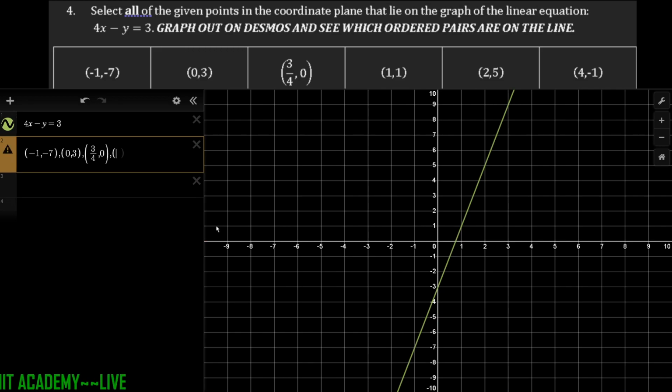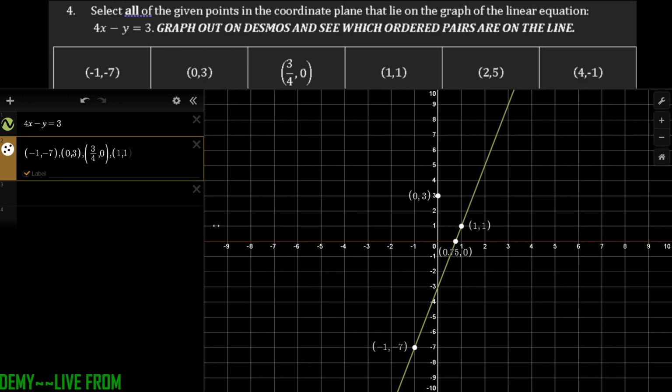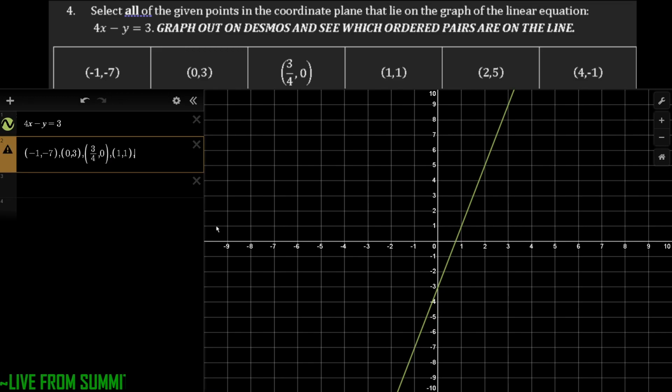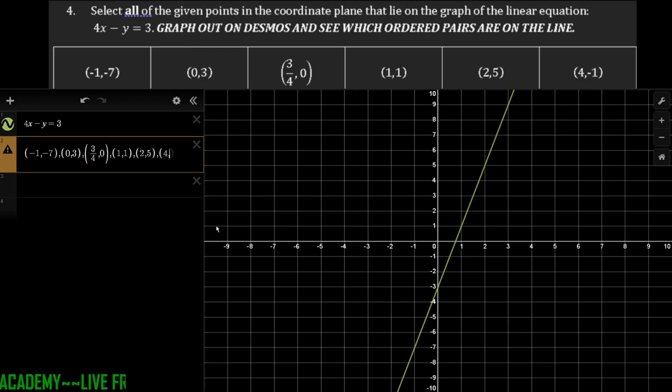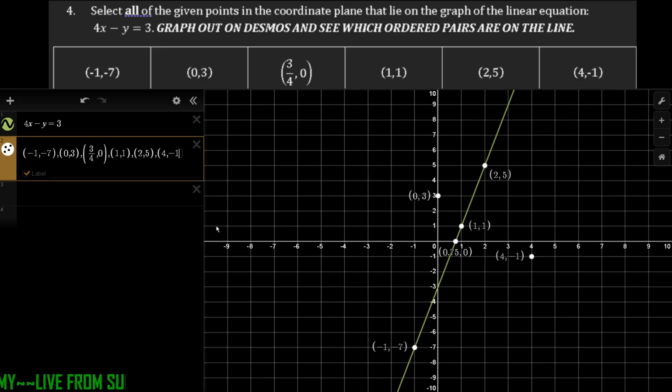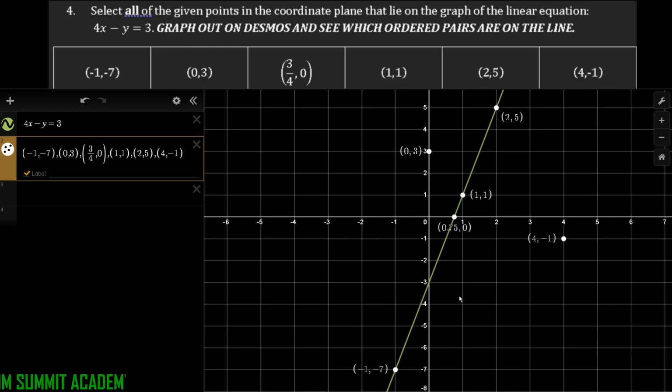I have (1, 1). (2, 5). And (4, -1). So notice how you're able to kind of see which points are on the line and which